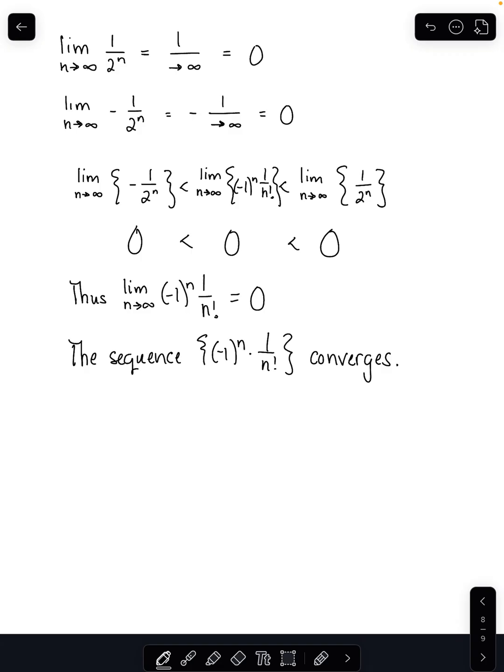Now, the alternating nature of that sequence caused us to have to squeeze this in between two things. But what we saw was that the sequence that bound it from above, 1 over 2 to the n, was the same basic sequence that bound it from below. We just needed a negative sign. So based on that logic,